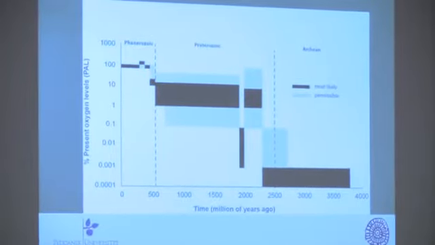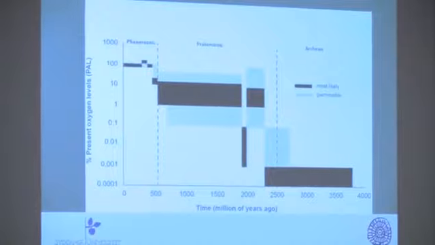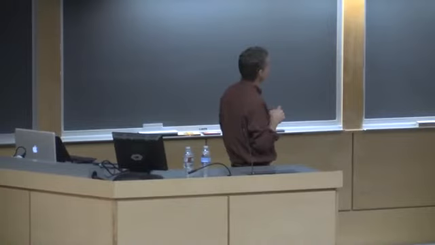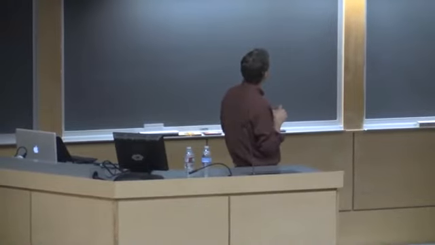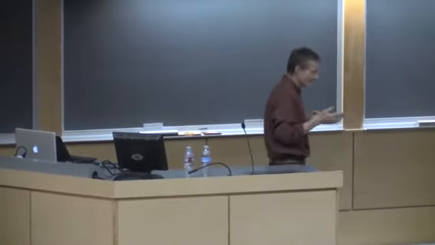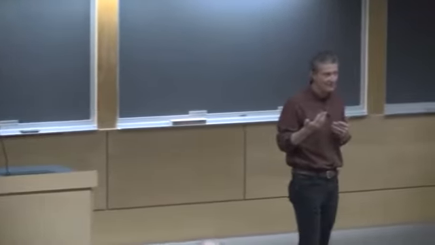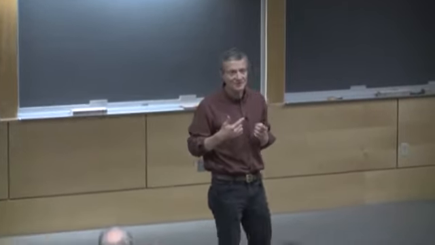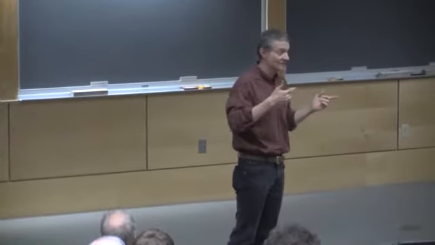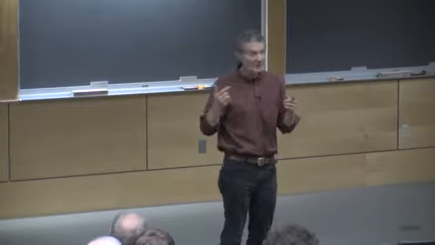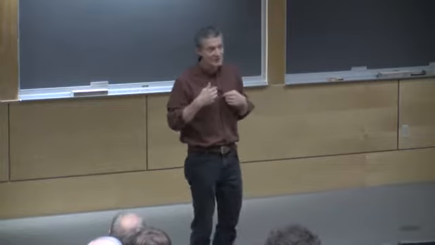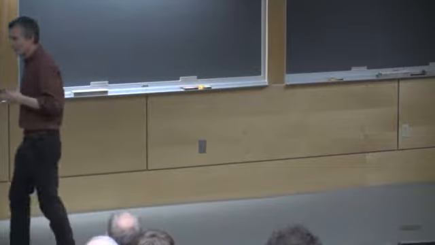Well, that's an idea that I've actually been involved with trying to propagate, and it's also an idea that in the next few slides you'll see I'm going to try to dismantle. The question is, if oxygen enabled animal evolution, then the real question should be, how much oxygen do animals need? Well, we know we need a lot, but we're just one kind of animal, and we're by no means the first kinds of animals that evolved on the Earth.